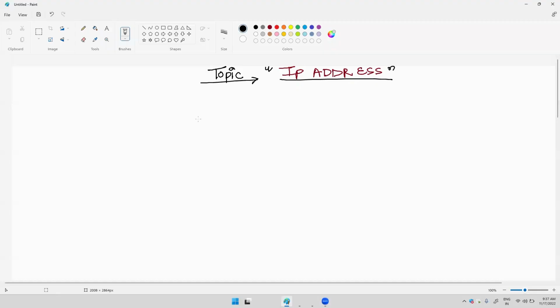Basically, you're working as a network engineer, so IP address is very important. This IP address we can assign to which devices only? A layer 3 device. Clear? Now, layer 3 devices support